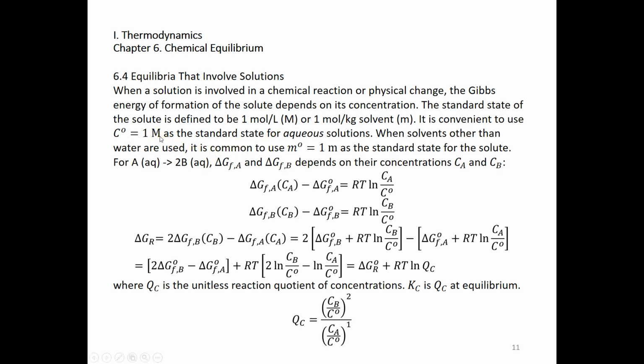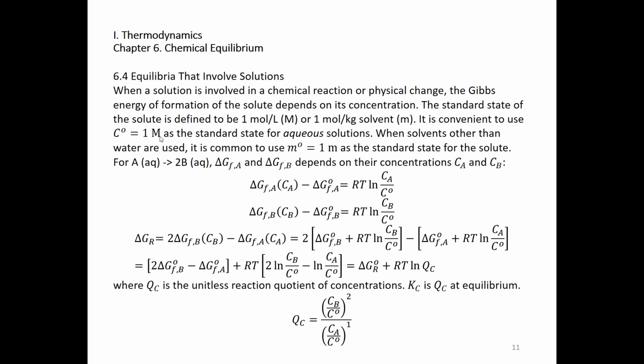However, this 1 molar may not be very accurate if the temperature changes. Usually the volume increases as the temperature increases, and the volume decreases as the temperature decreases. So even if you prepared 1 molar aqueous solution at room temperature, when the temperature goes up, the volume increases and the concentration in molar decreases. If you have a lower temperature than room temperature, again you have less volume, and then theoretically you'll have a